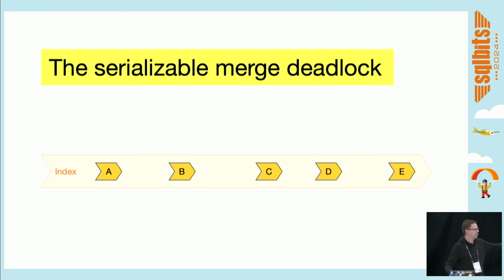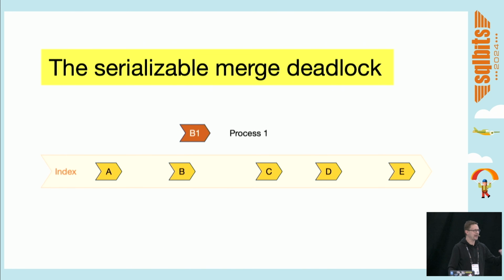Imagine I have a table. It's a clustered index, no other indexes. The rows that are inserted are A, B, C, D, and E. This is the data that exists in the table. Now, I'm using a Kafka sink, which is an event stream type of application, to stream data into this table. I'm loading this table with a couple of different, they're called sinks, but basically insert processes. The way the Kafka sink does this is it uses a merge statement. I know, as the designer of the solution, that all of the rows will be new. There won't be any conflicts.